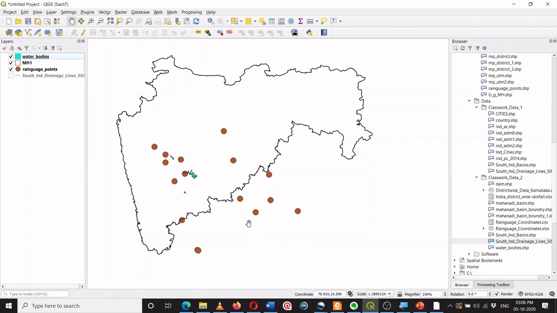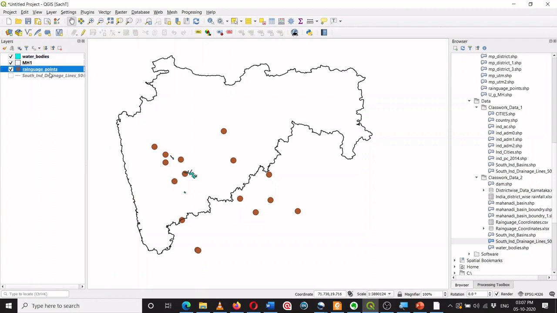So I'm repeating the situation. These are the rain gauges, and I'm trying to see whether they are adequate in terms of measuring precipitation in this region. By some research I came to know that one rain gauge represents a surrounding area equivalent to a radius of 50 kilometers. So I wanted to know the area covered by each rain gauge. Then only will I be able to know whether these rain gauges are enough, or whether I need to install more. So let's do it by using